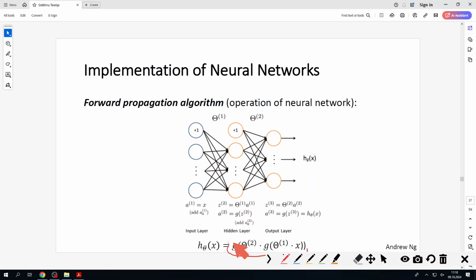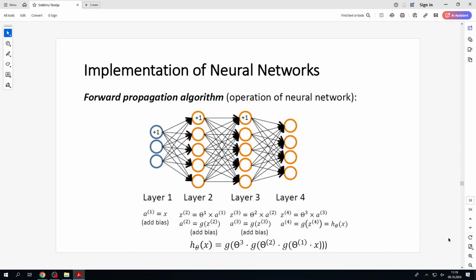Yes, multiplication, activation, add bias. As simple as that. And how many layers you have, that is how many times you have to reproduce this. So for example, this neural network having 4 layers has 3 such multiplications. You have theta 1 matrix, which describes these first connections, theta 2 matrix describing these connections, and theta 3 matrix